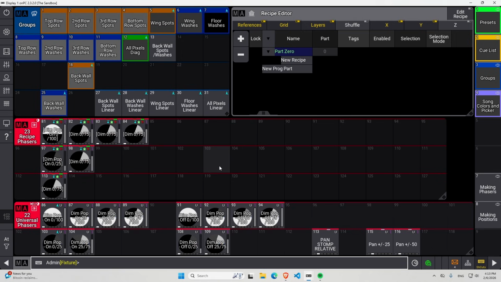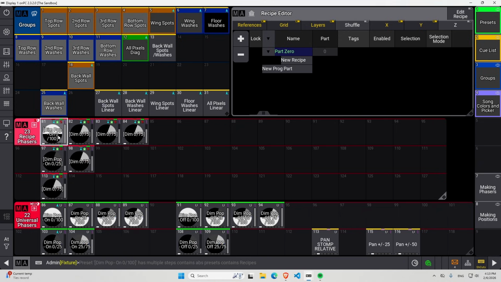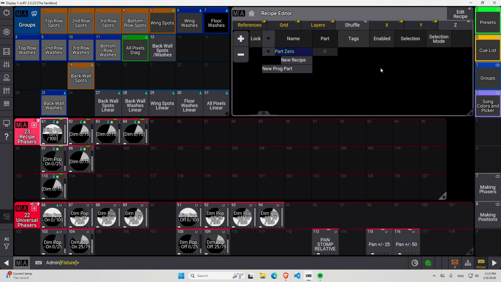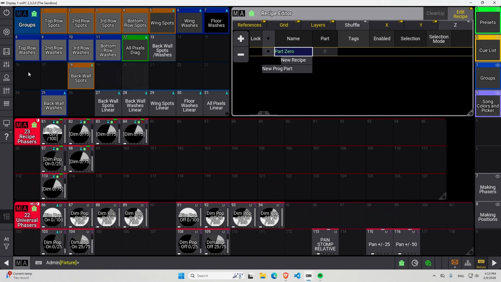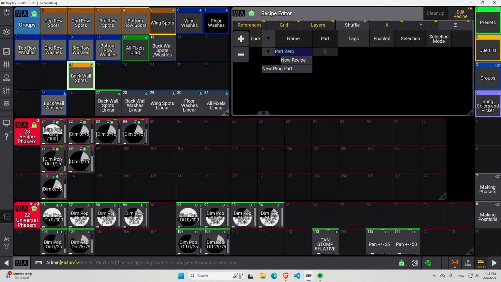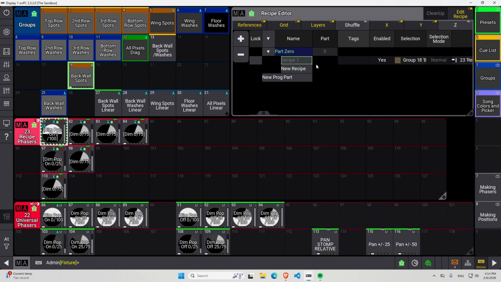Now, the way I use these, I'm just going to recap it again, even though I've talked about it before, is this has my kind of main shuffle look, and my 3D view is on a different screen, so you can't really see it very well, but this has my main shuffle look. Whenever I'm programming into cues, and I may make another video showing this later too, I turn on Edit Recipe, I select a group of lights, I select my recipe phaser, and then over here, if I don't want to